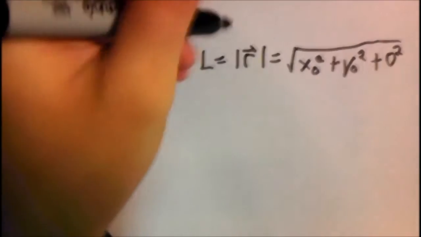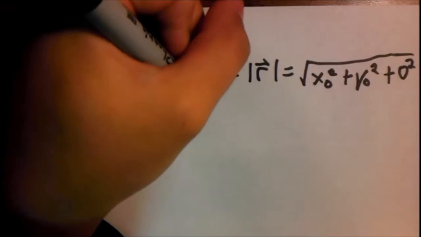So the length of the spring equals the magnitude of r, which is the square root of x naught squared plus y naught squared plus 0 squared. And then the force of the spring